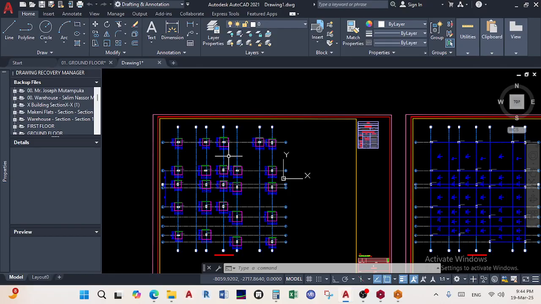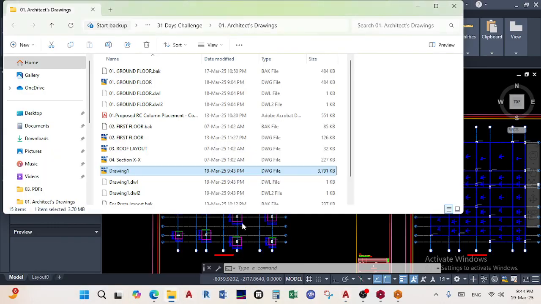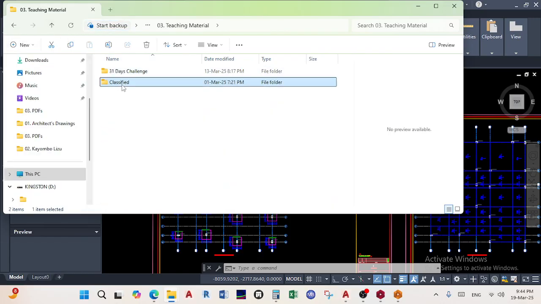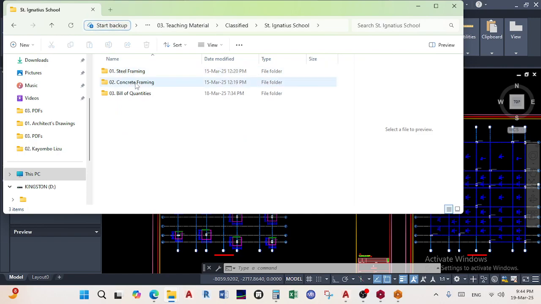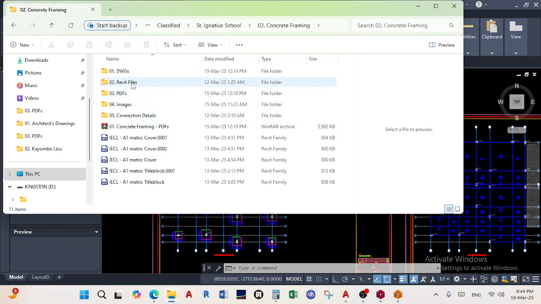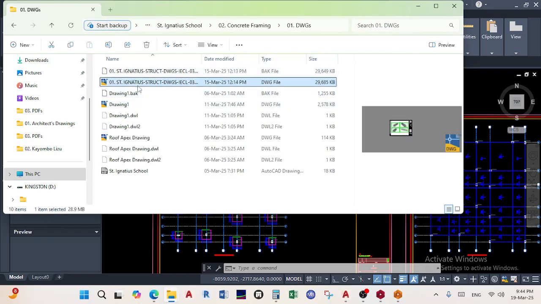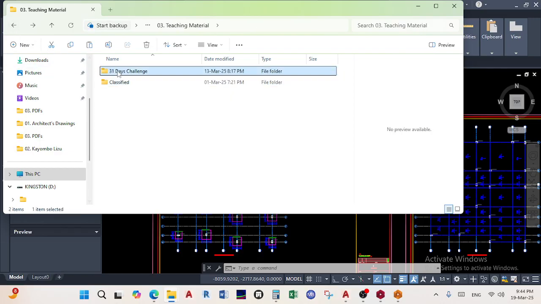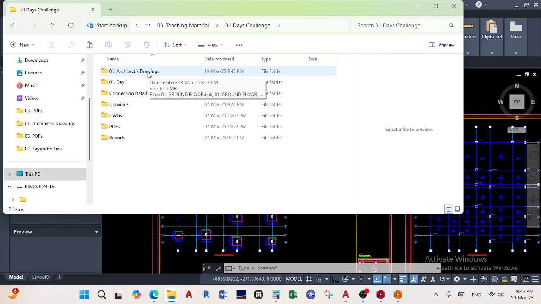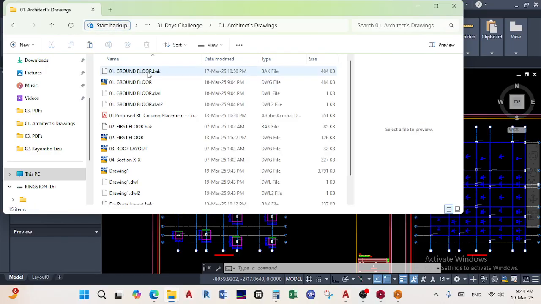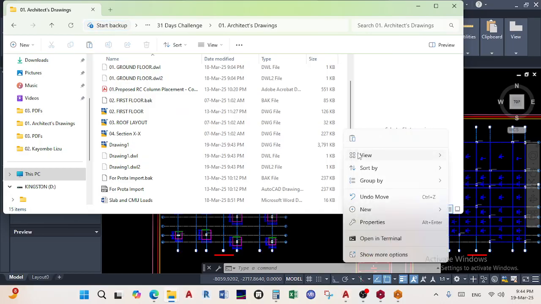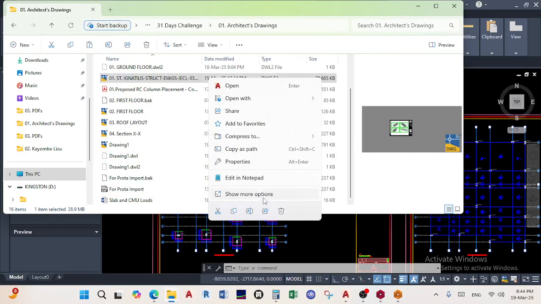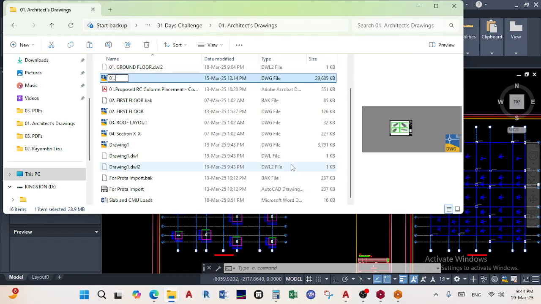So for me, there's a template that I use. For example, there was one that I was using here when I was doing this work. In the DWGs, this is my template. I always use it. Since this is a different name, remember we're calling this means or something, so we'll go in there, I'll paste my template in here, and then I'll change the name. Just call it 01 means double story